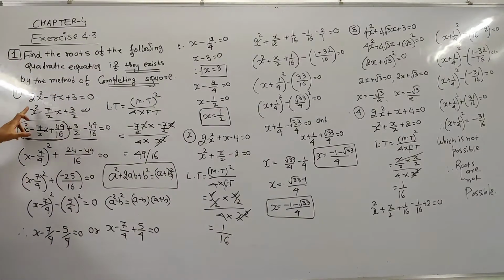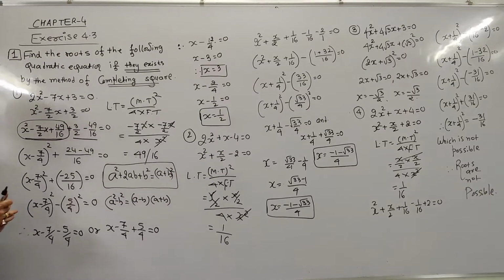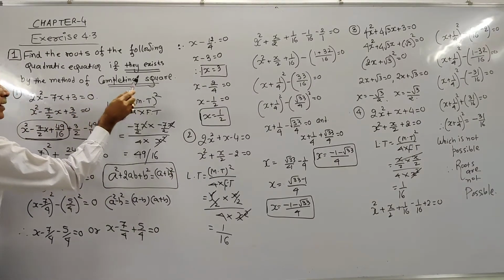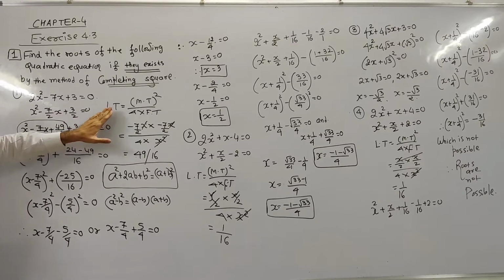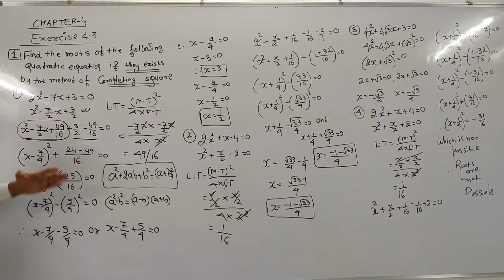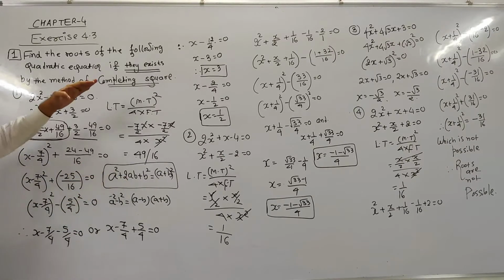So the solution of this equation 2x square minus 7x plus 3 is equal to 0 is 3 and 1 by 2. And we have solved this example with the help of the completing square method. Here you have to find the last term, add the last term, subtract the last term, and accordingly simplify it. Use the difference of two squares method. Here you use the completing square method and you will get your answer. Well, let me start the second example.